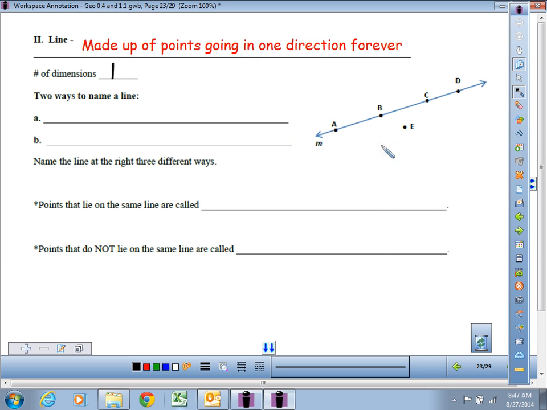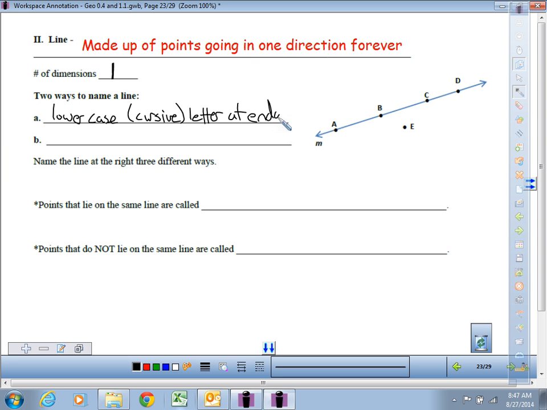Normally what I say is a line goes either left and right, or a line goes up and down. It sounds like two directions, but it's only one dimensional. And you got to remember that a line will go on in each direction, left and right here, forever and ever, amen. Now we have two ways that we will see this year how to name a line. The first one is what I'm going to do is a lowercase, and it's normally going to be cursive letter